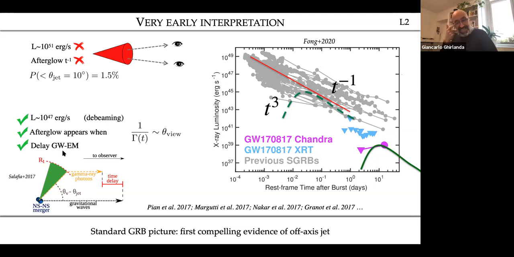So what I'm saying here is what we thought, more or less, after 1 month since the discovery of the source. But this picture was completely falsified by the detection and follow-up of the emission in the radio band. In fact,